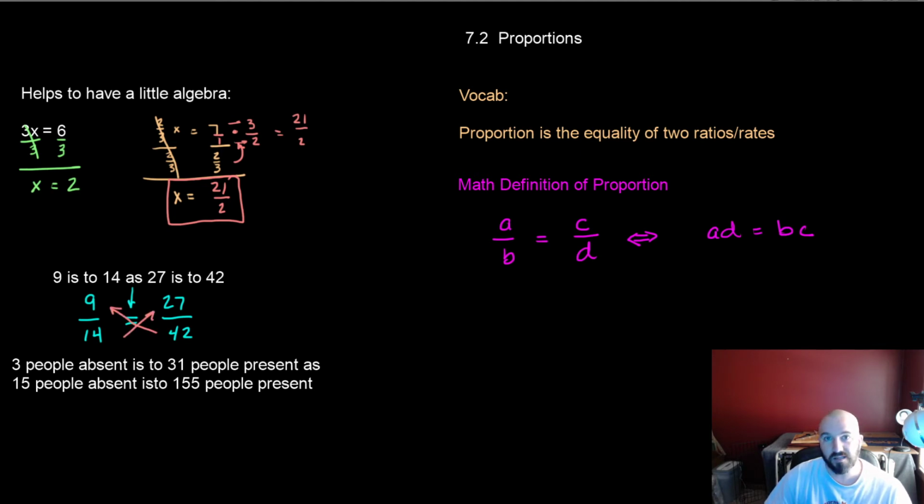So I draw my arrows like this. It is for the proportion. It is not for division of fractions. Do not use it for that, please. 9 times 42 is equal to 14 times 27. Anyway, I'm going to try to do this in my head. I didn't bring a calculator with me. Let's see. No, that's not going to be easy. 36 and 18, 37, 8. 378. Double check this. Is equal to, ew, gross,